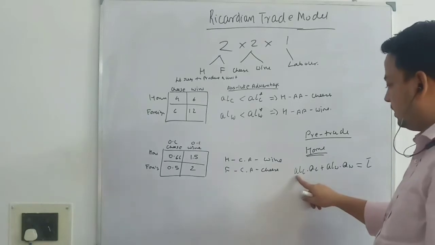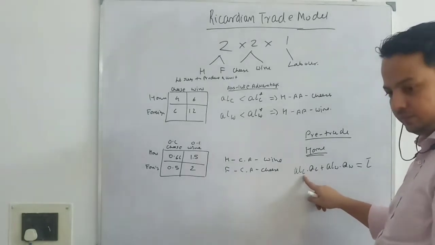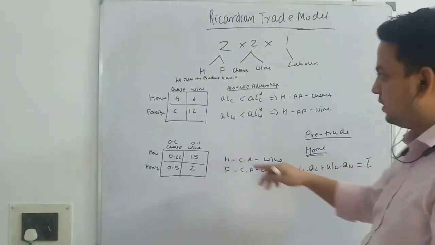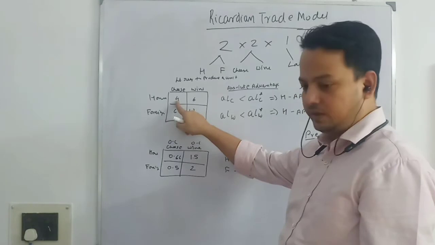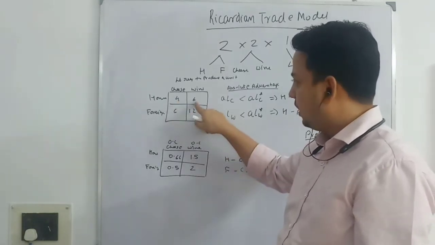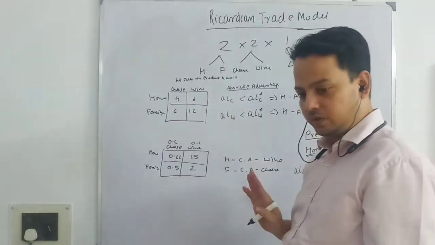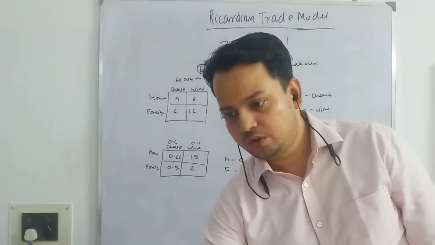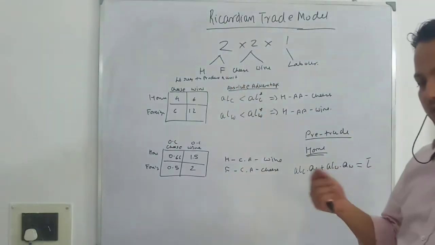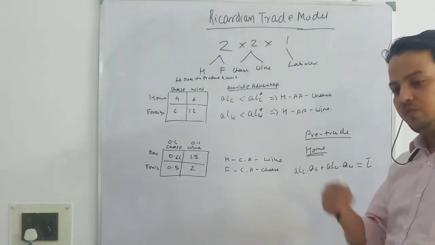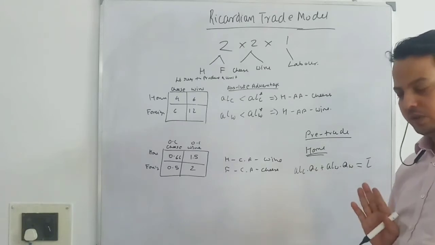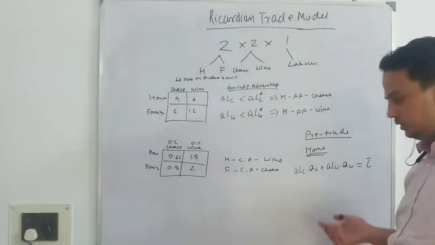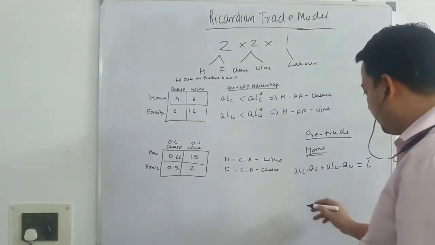Since the amount of labor required to produce cheese is constant, and the amount of labor required to produce wine is constant, in both countries, in the home country as well, the opportunity cost of producing cheese in terms of wine, or the opportunity cost of producing wine in terms of cheese, is constant. That is why the PPF has a constant slope, and it is negative. So we have derived this.